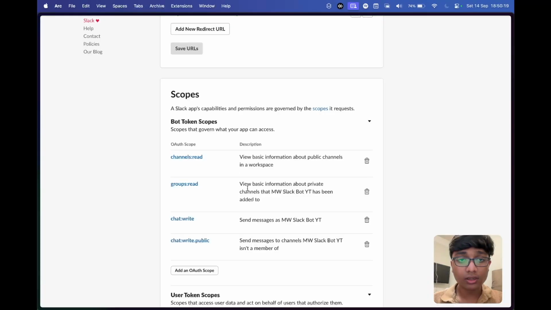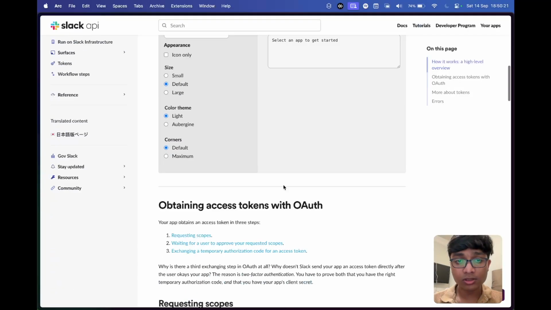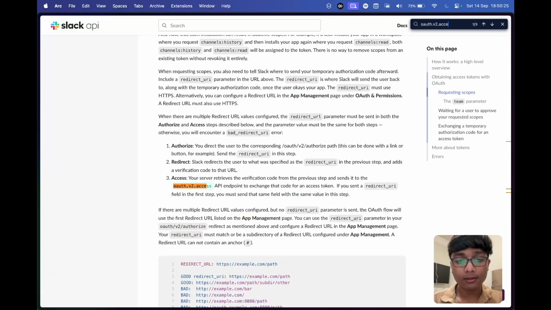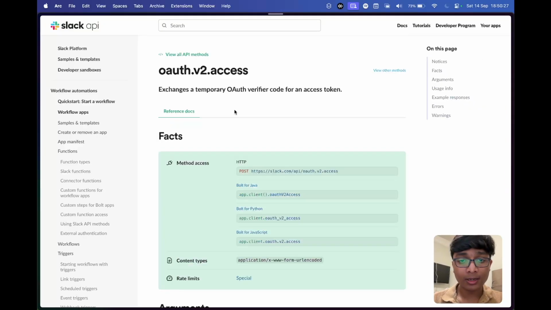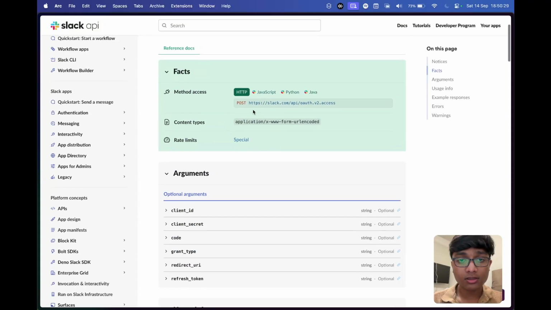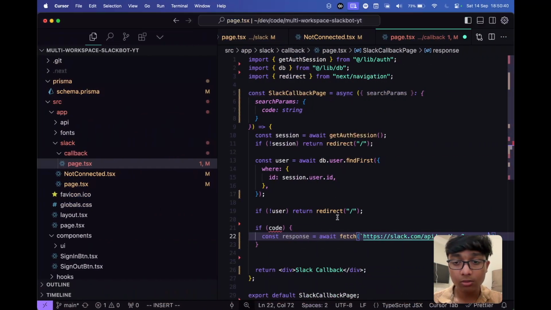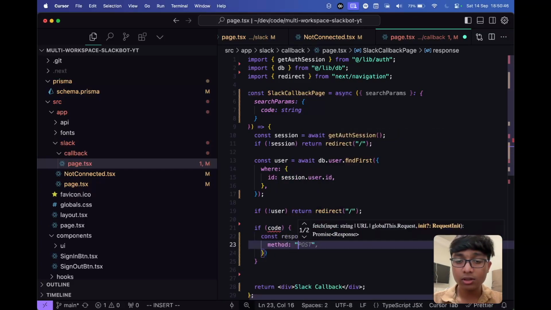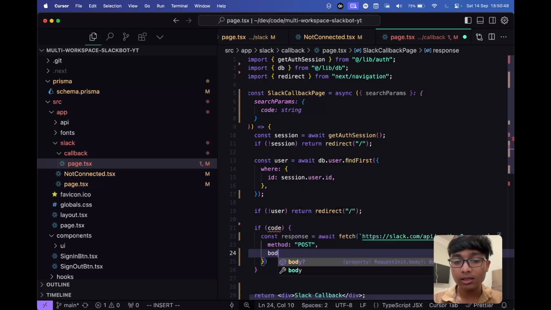Now notice over here in the API documentation, this API endpoint, let's just look at this. We need to make a post request, and this is the interesting part. The content type needs to be application form URL encoded, so you can't send in a JSON with this data. So what you want to do is just set your method to post, and then in the body